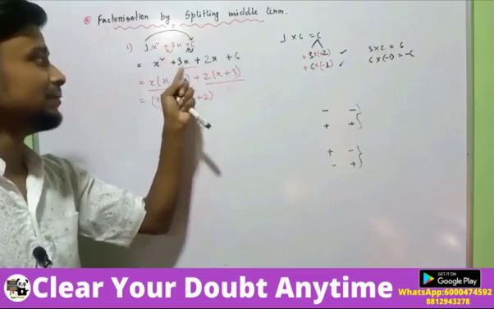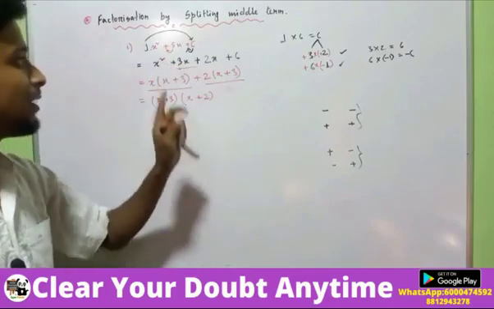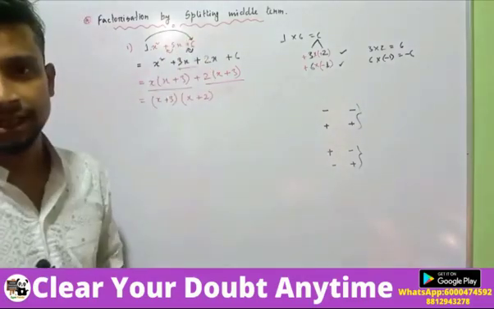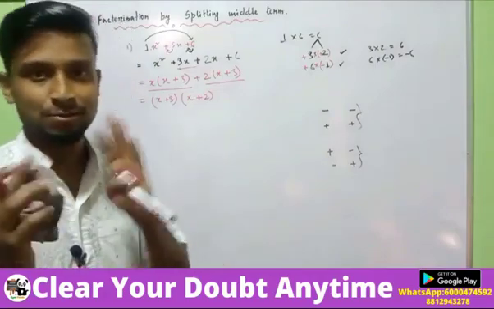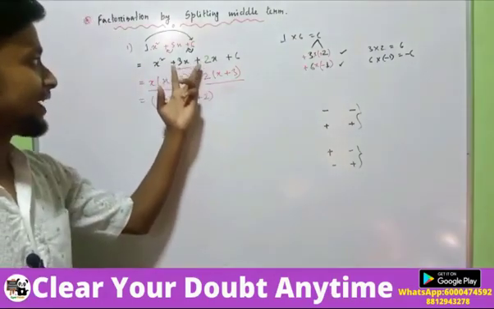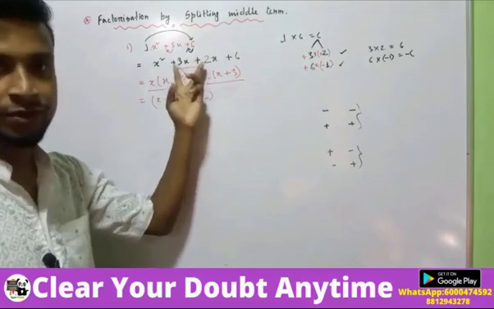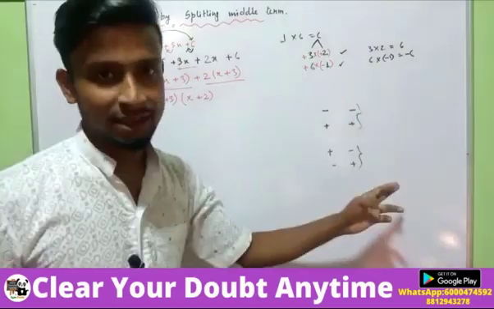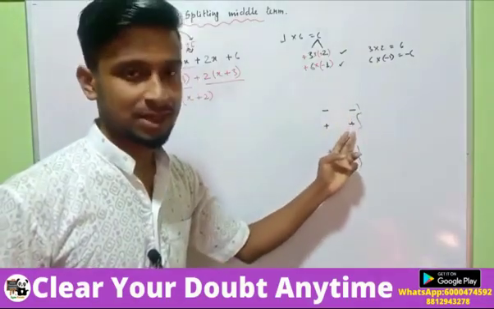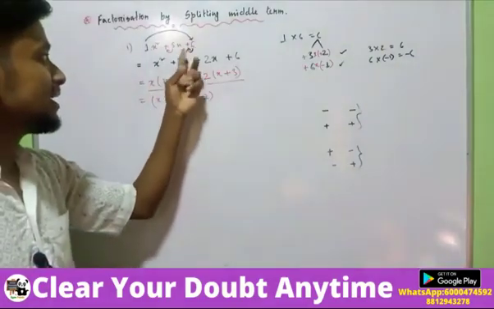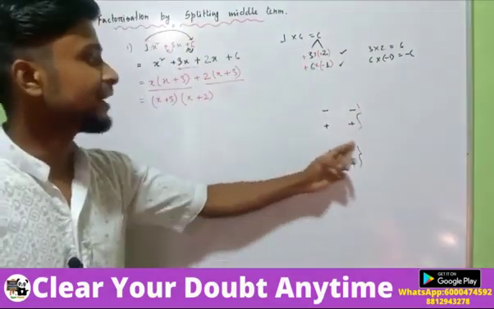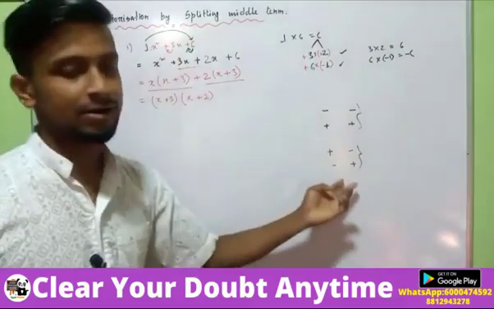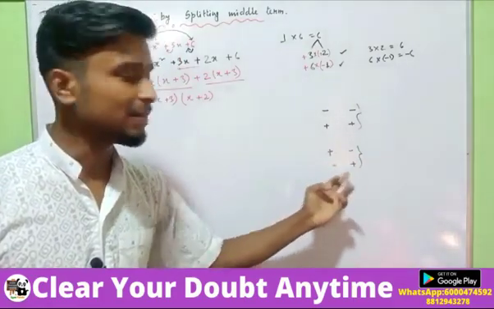Okay, we can split the middle term. We have to remember two things, that is the sign before the constant term. If the sign before the constant term is positive, then the pair of factors that we have chosen to split the middle term will be of similar signs, like minus minus or plus plus. If it is a minus sign, then the signs before the factors that we have chosen to split the middle term will be of different signs, like plus minus or minus plus.